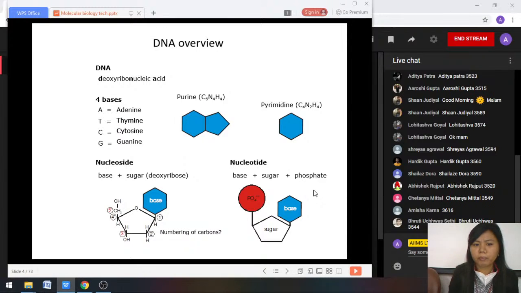Just a brief overview about the DNA structure. You are already familiar with it, and you've already covered it last year in biochemistry. So DNA is deoxyribonucleic acid, which has these 4 nitrogenous bases, purines and pyrimidines, A, T, C, G, as we talk about. A nucleoside is the nitrogenous base plus the sugar moiety, right? And a nucleotide is when a phosphate group is also attached to it, which gives it a negatively charged